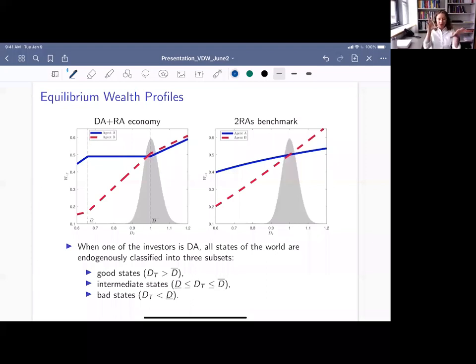So the important difference between these two economies is exactly the presence of this flat region on the left plot. This will drive everything in the model, because this is exactly why there will be a sizable demand for put protection in such an economy: the disappointment averse agent wants to achieve this wealth profile with the available securities. You can think of it as the fully insured region. How wide it is will depend on the L and kappa parameters. The wider it is, and also where it is relative to the distribution of the dividend, this will drive